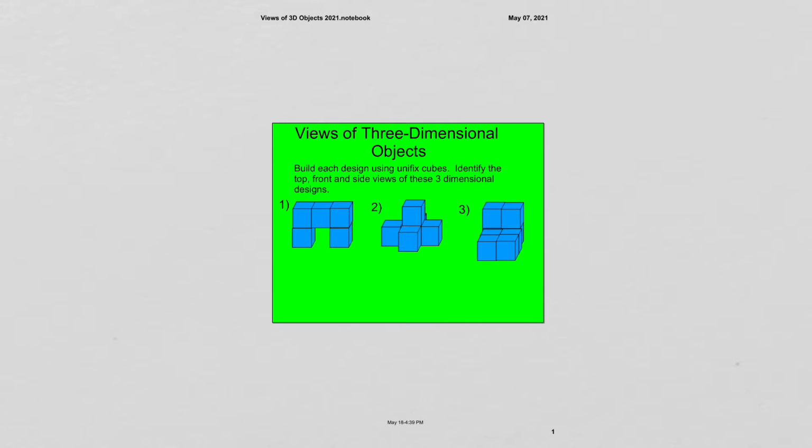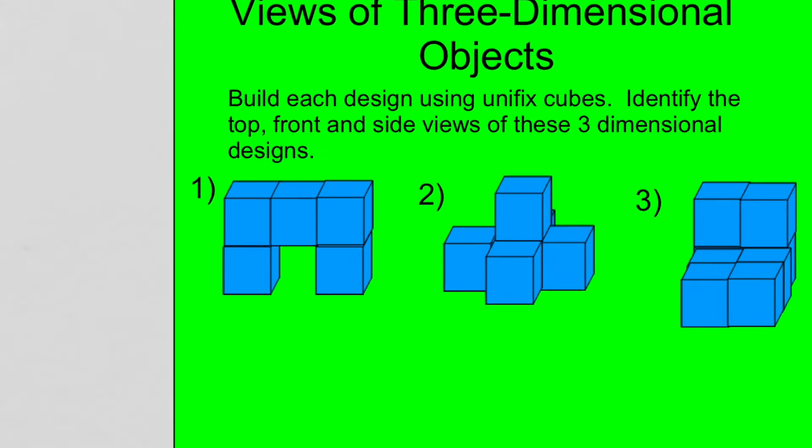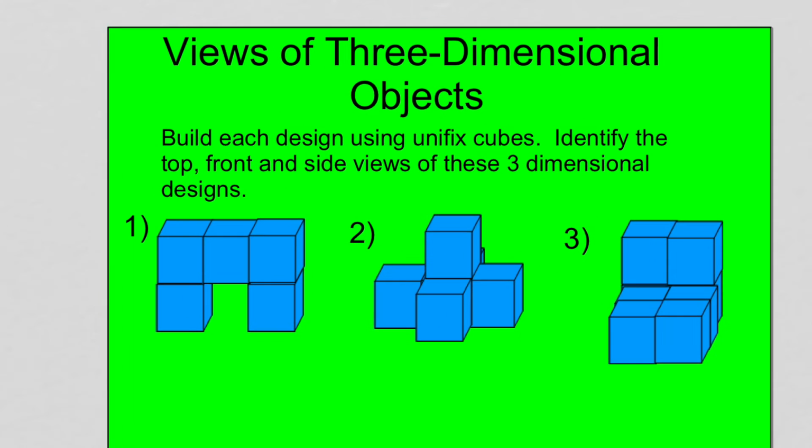We have started looking at three-dimensional objects, and we've been trying to picture what they look like two-dimensionally, just to get a better idea of how to view a three-dimensional object, because it can be tricky sometimes. So today we started doing some things with some Unifix cubes, some blocks. The first thing we did is we built some shapes and we wanted to look at their top, front, and side views